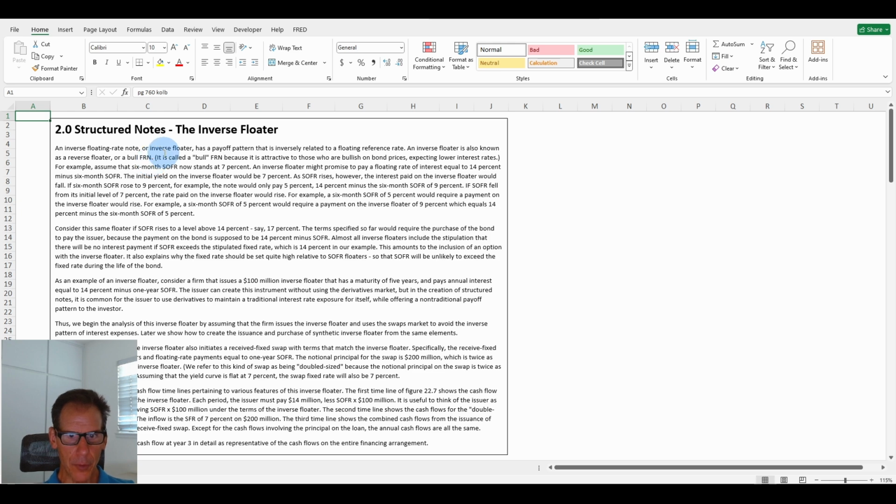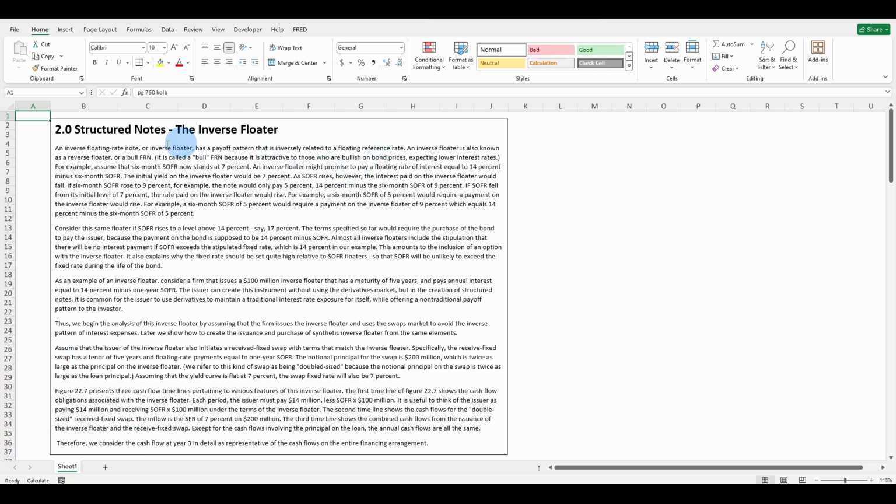Brad Williams, Frugal Finance, structured notes: the inverse floater. An inverse floater rate note, or inverse floater, has a payoff pattern that is inversely related to a floating reference rate. An inverse floater is also known as a reverse floater or a bull FRN. It is called a bull FRN because it is attractive to those who are bullish on bond prices,